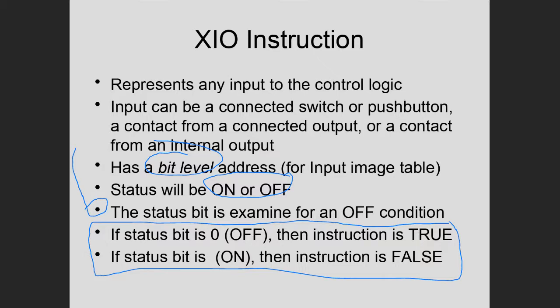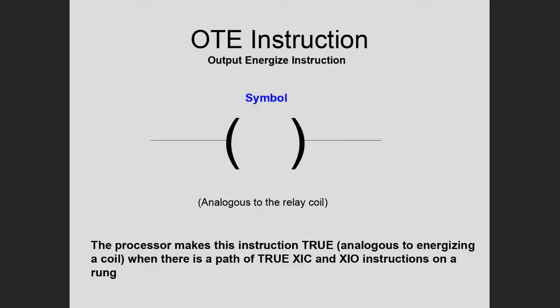So we have the examine if closed, which is looking for a 1 to be true. The examine if open is looking for a 0 in the input image table to be true. And then the last of the basic instructions is this one. We represent any output with the OTE, that's the output energize,